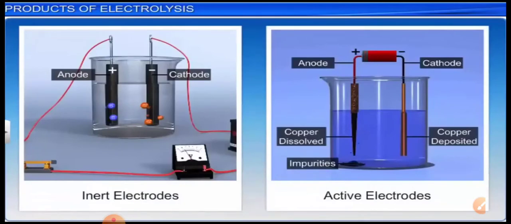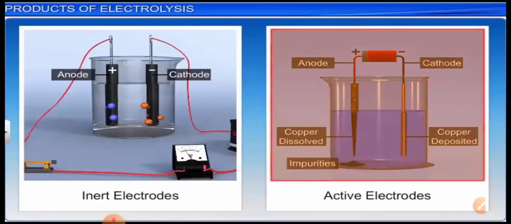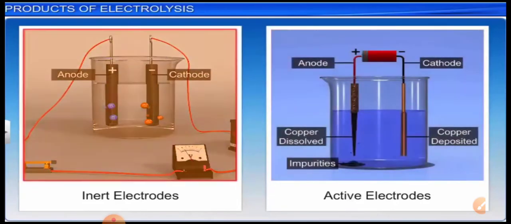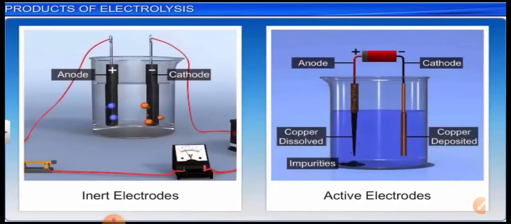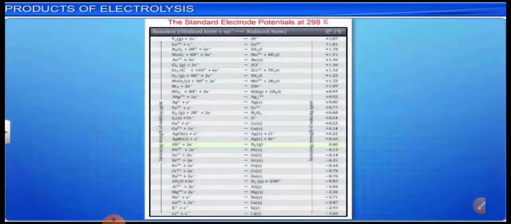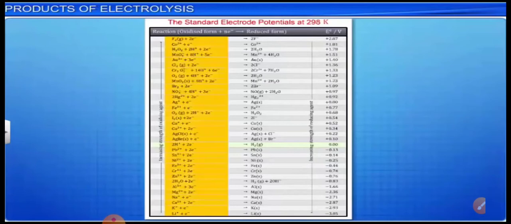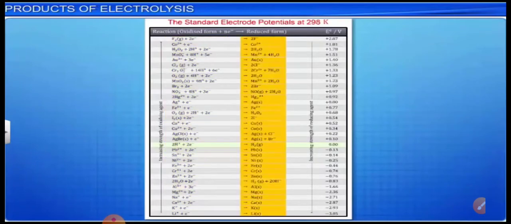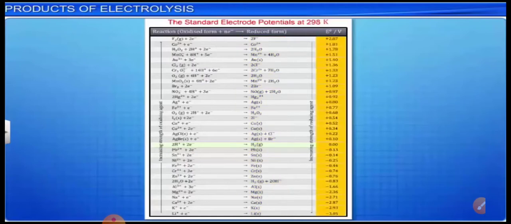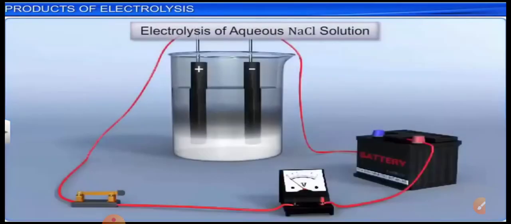देखो, हमारे पास दो टाइप के इलेक्ट्रोड थे, एक इनर्ट इलेक्ट्रोड और दूसरा एक्टिव इलेक्ट्रोड. एक्टिव इलेक्ट्रोड का और इनर्ट का भी सिनेरियो हमने देख लिया. तो अब जो प्रोडक्ट है वो इनर्ट और एक्टिव इलेक्ट्रोड के ऊपर भी डिपेंड करेगा. चलो, हमारे पास बहुत सारे केमिकल रिएक्शंस थे, उनके प्रोडक्ट थे और उनके लिए हमारे पास E नोट सेल थे. अब ये E नोट सेल मिलकर भी डिसाइड करेगा कि कौन सा प्रोडक्ट मिल रहा है.